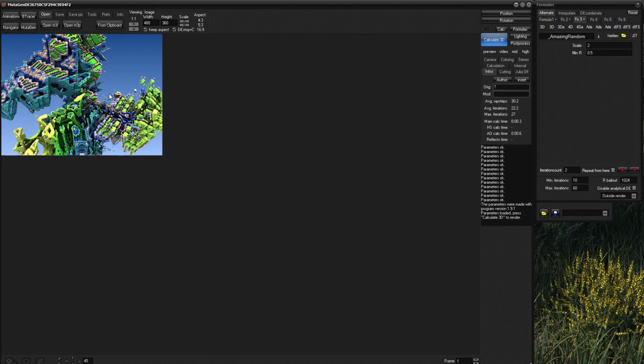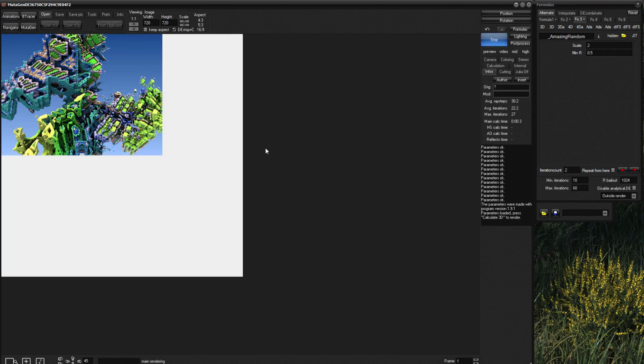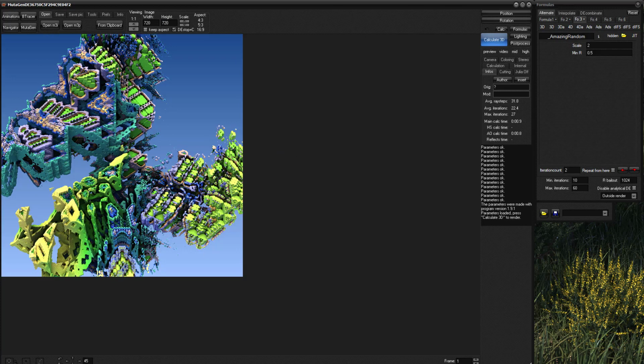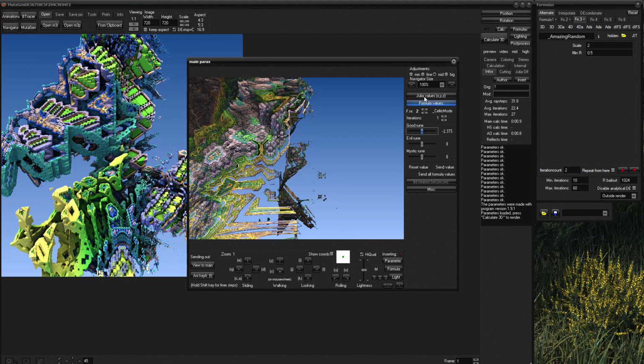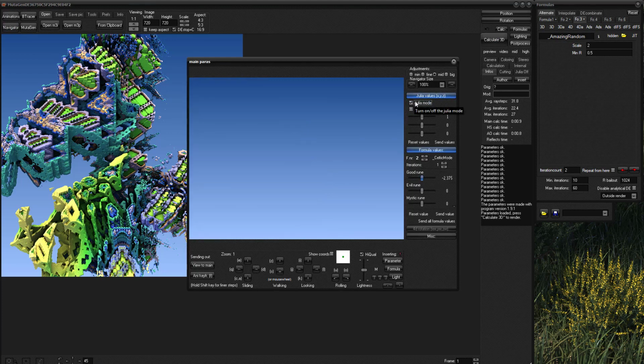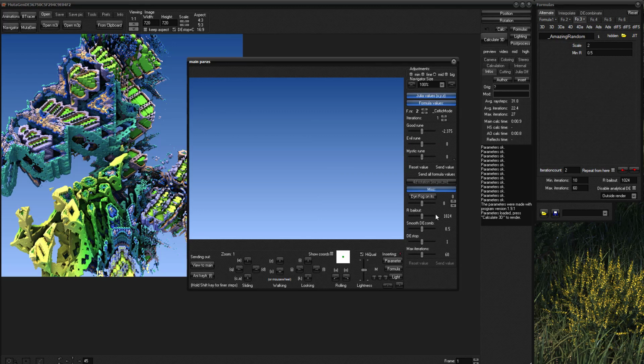I will make it bigger, 720, unlock keep aspect ratio, I uncheck it so I can make it square, and I calculate. So I've got that, and you can go to Julia, enable Julia mode, and I will just keep the default settings like that. It's okay. Just for checking, I think it's okay. Yeah, I will keep it like that.